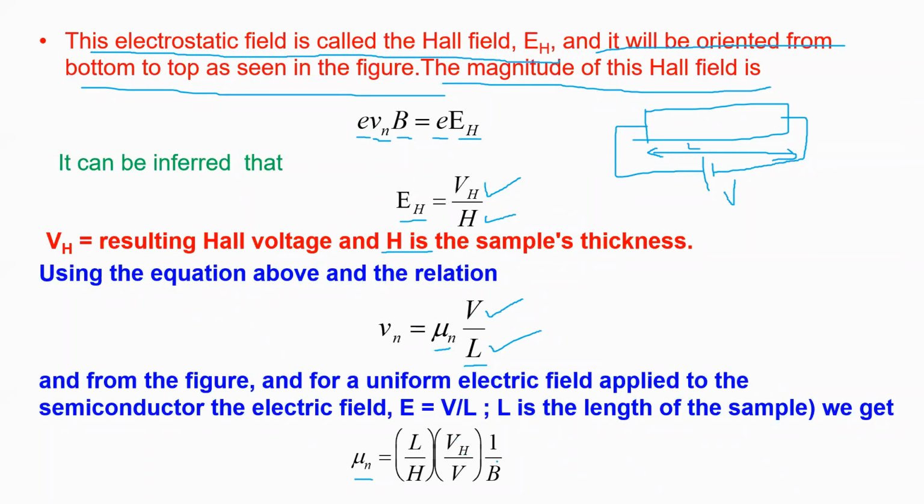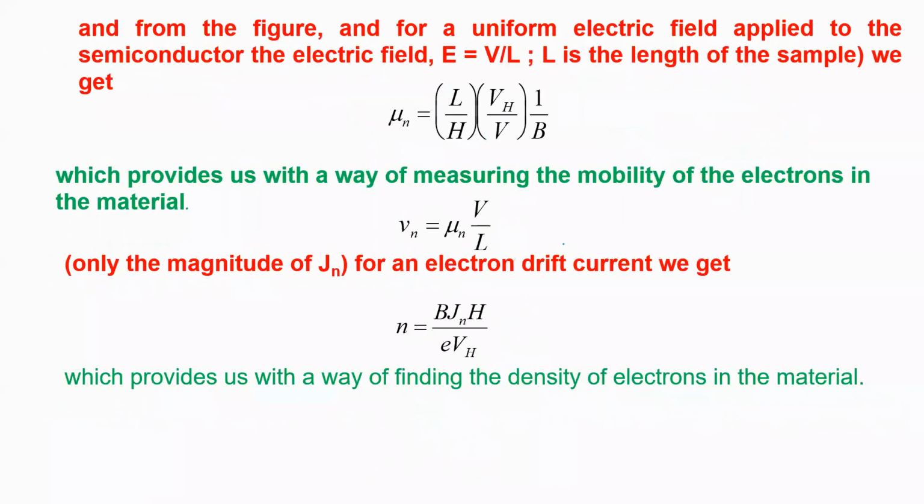So solving it and substituting the values from the equations above, what we will get? You will get expression like this. Now, this is being used to know the mobility. आप mobility कैसे measure कर सकते हैं? From here you can measure the mobility. Drift velocity is equal to mobility into V by L. So if drift velocity is known to you and V is known to you, you can find out mobility.